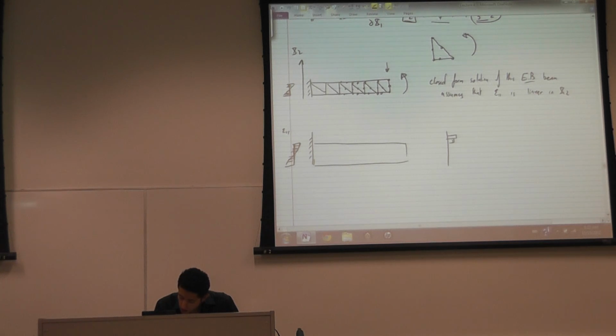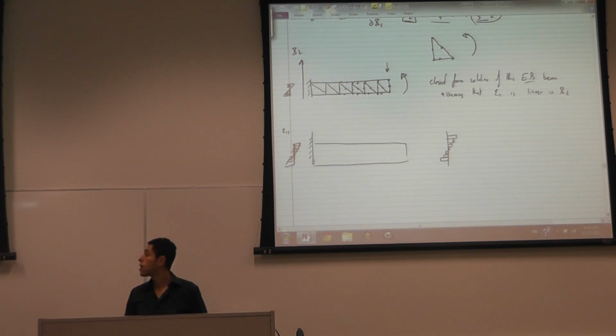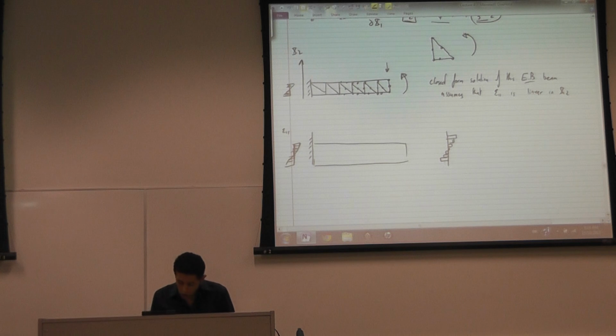So for me to approximate the linear shape of epsilon 1, I'm going to have to come up with triangles like this, which means I'm going to have to make many triangles to be able to achieve an approximation that is as good as the Euler-Bernoulli,